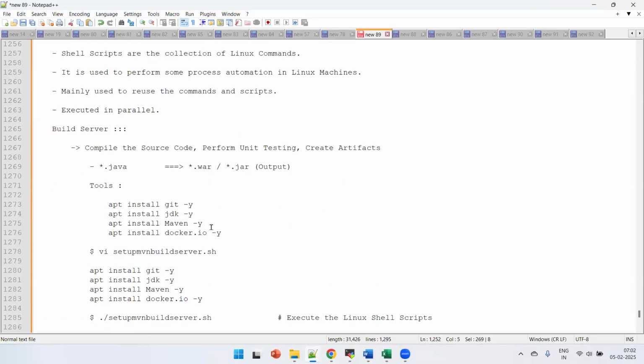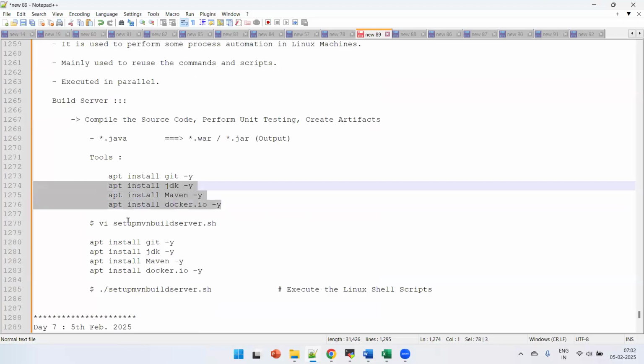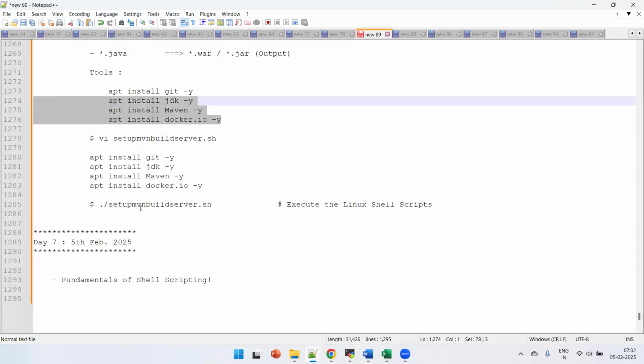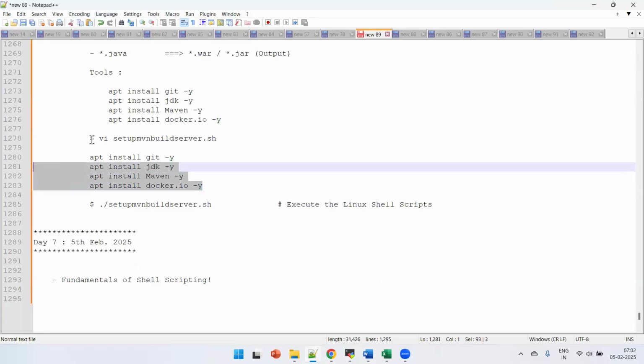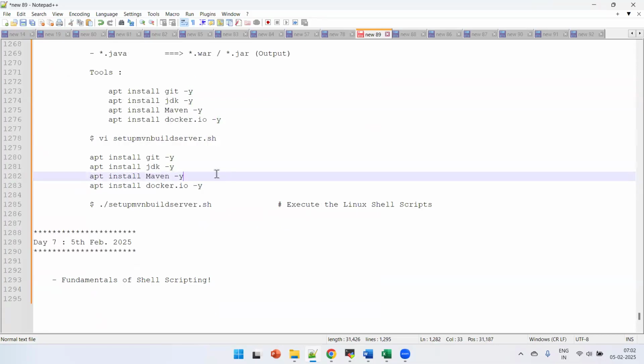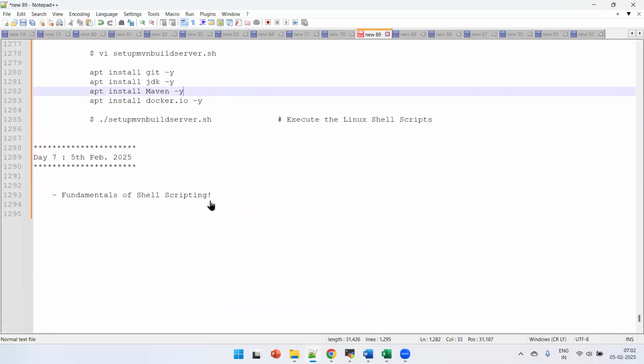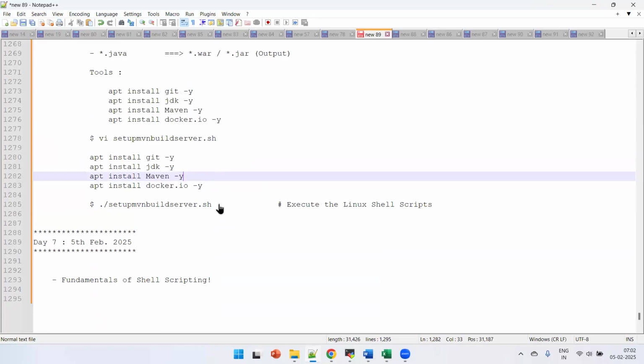It is just a collection of shell commands, the Linux commands you are going to execute, consolidated and defined within a file, and the file should be saved with .sh as the extension. Correct? So now we'll see how to prepare this shell script and what the prerequisites are to work on